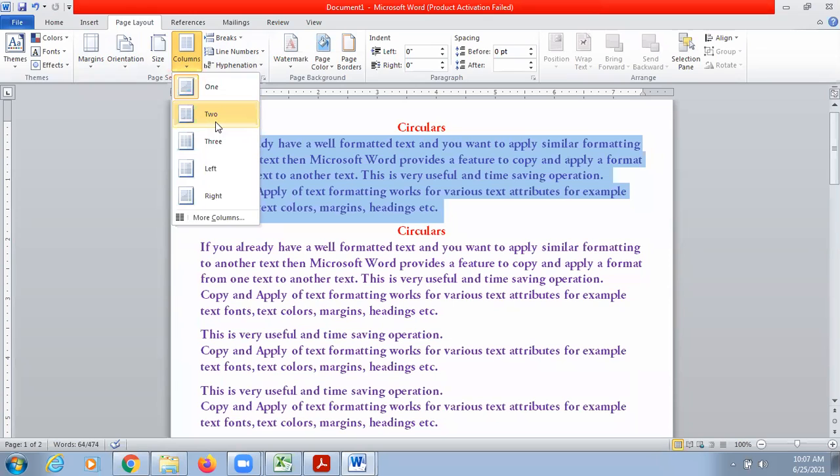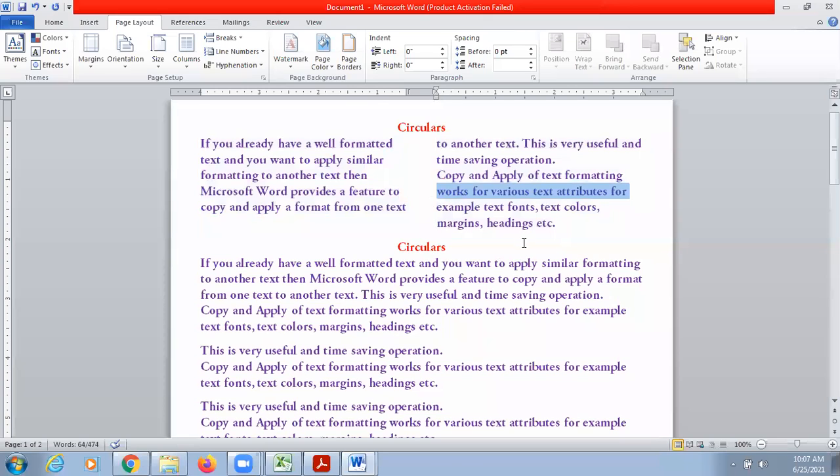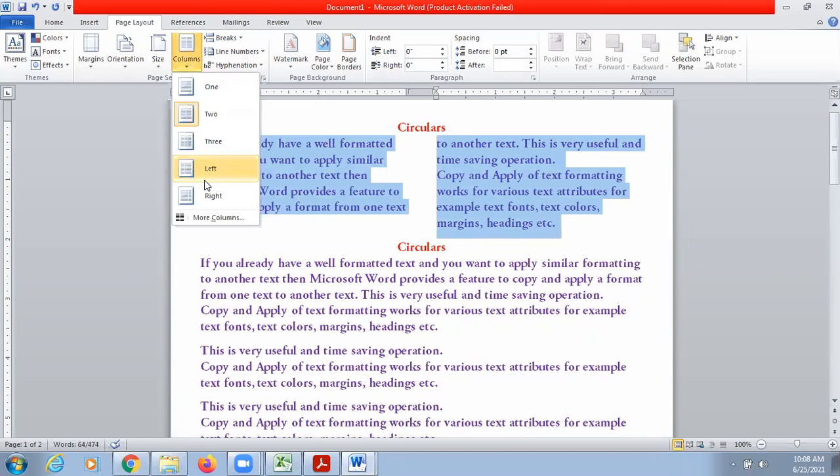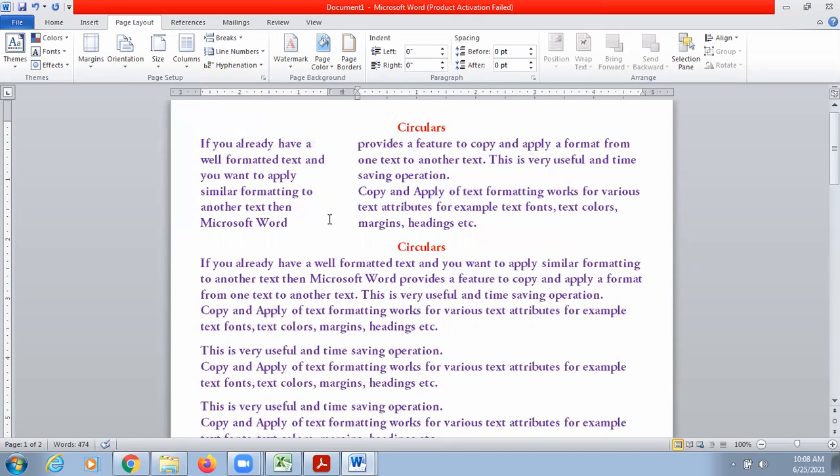You can write your content into columns, like two columns I'm choosing. So this is how I can place my content in two parts, in two columns, like this. Half of the content will appear here, and half of the content will appear here. In the same way, you can convert it into three columns or four columns also. Or maybe if you wanted to display less content on the left side and more content on the right side, you can choose this option. So this is how you can do the division for the creation of newspapers and magazines.